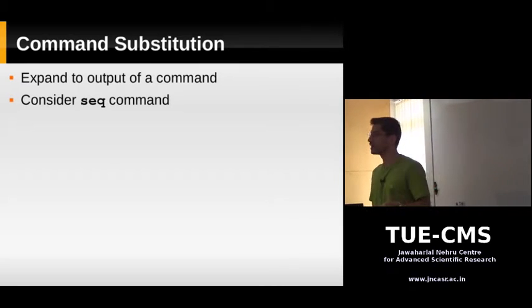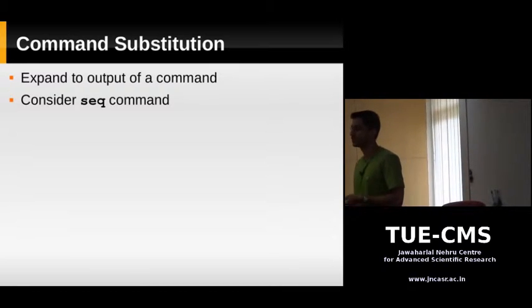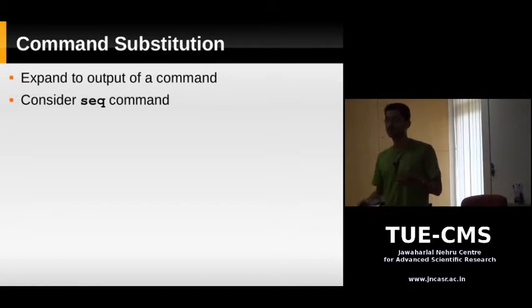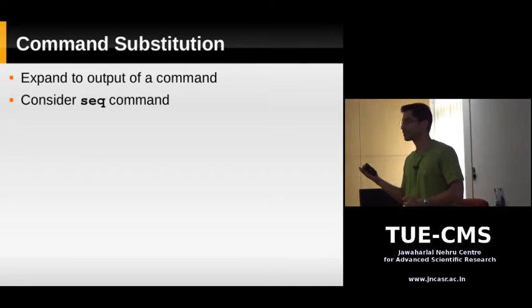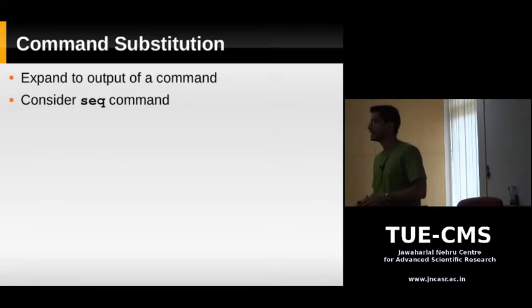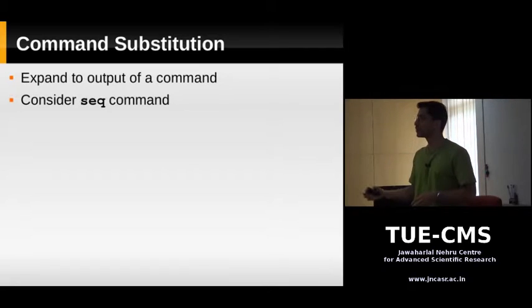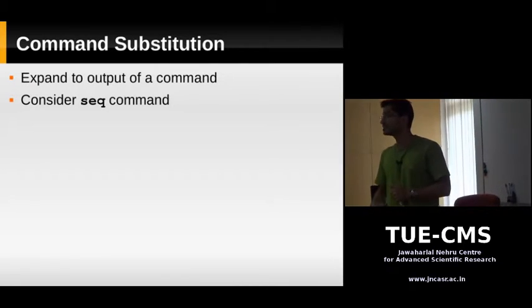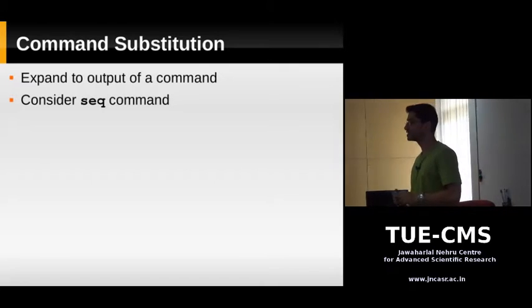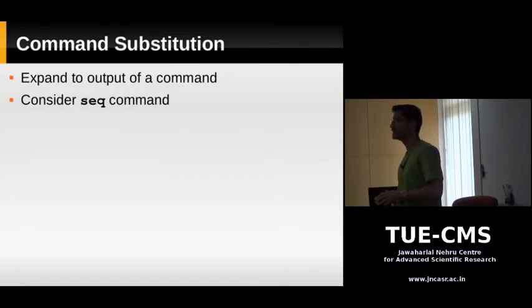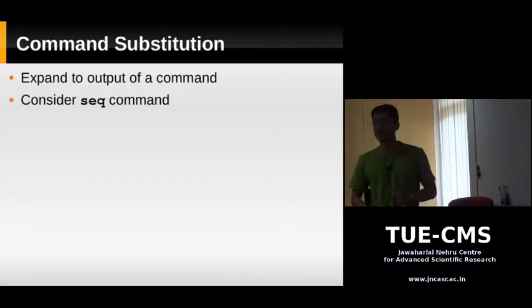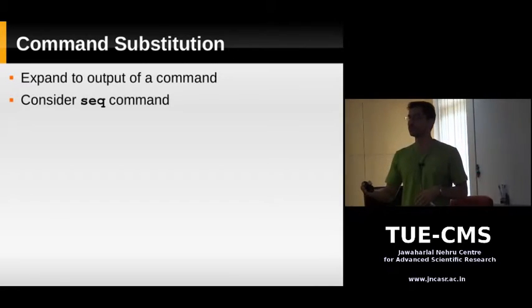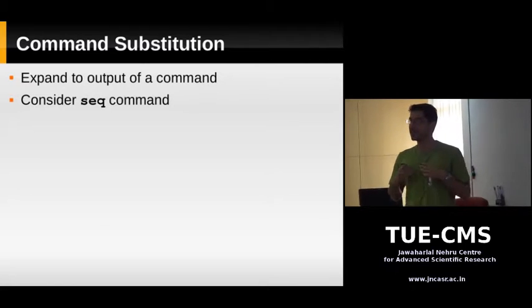So a command is a program, like any program which you would write, maybe written in C, and you compile it. So those are programs. When you run a program or a command, it actually starts a new process, right? But a built-in is a special keyword that is recognized by bash, by the shell. So it does not really start a new program. For example, the cd command is a built-in. When you run cd, it doesn't actually start a new program. But if you run the ls command, it actually starts a new program, right? So cd and many other commands are built-in commands. They don't require a new process to be created. The shell itself sees the command and gives you the output.